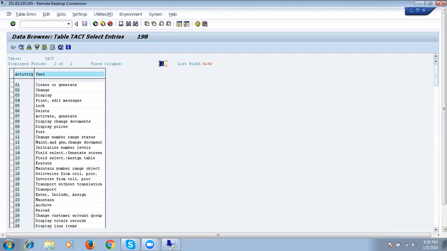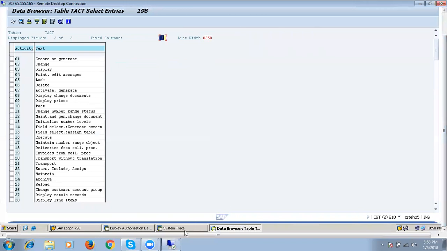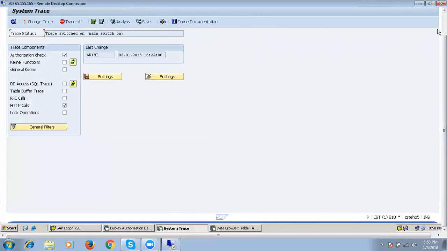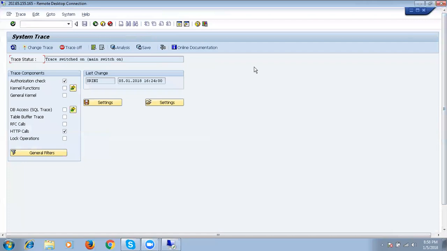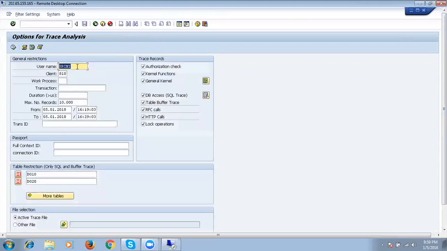So now go to that trace. Go to this analysis button. Here change the user ID. We have configured this trace for the user underscore m, right? Use that user ID and delete this time, because our system time and server time will be different.